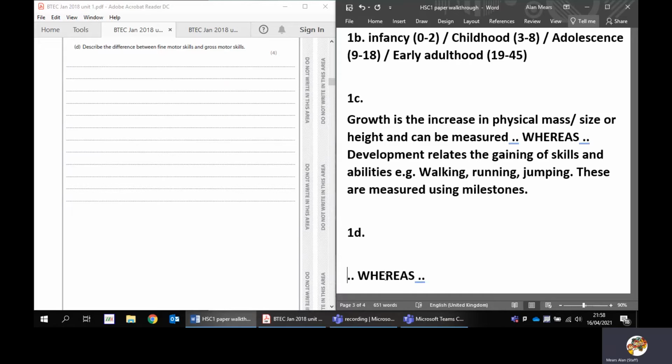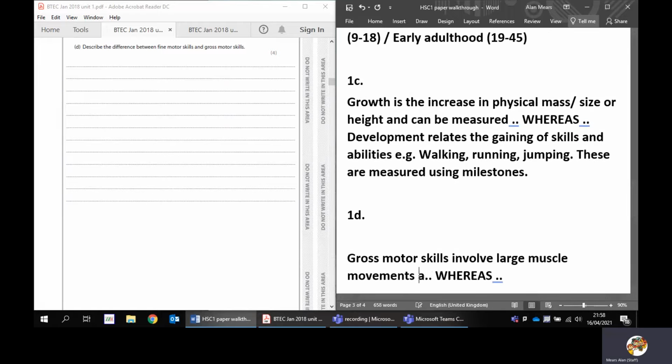So gross motor skills involve larger muscle movements and relate to and are used for